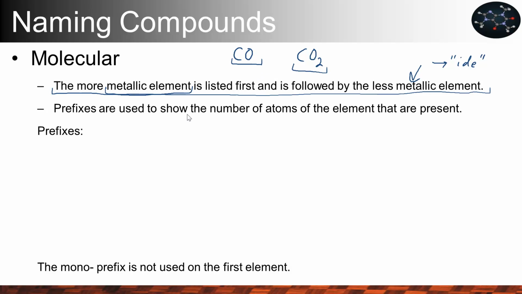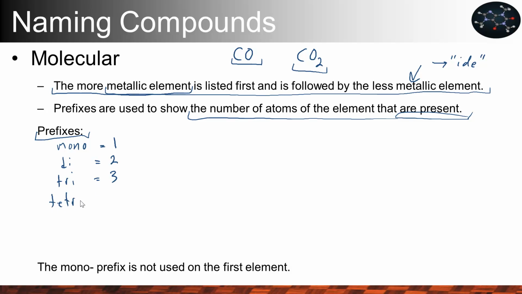To do that, we tell how many atoms there are by just basically saying the number of atoms, but we do it in Greek because making it confusing ensures job security for chemists. You laugh, but that's pretty much the only good reason for this. So we have some prefixes. We have mono, which means there's one of them. Di, two, tri, three, tetra, four, penta, five,